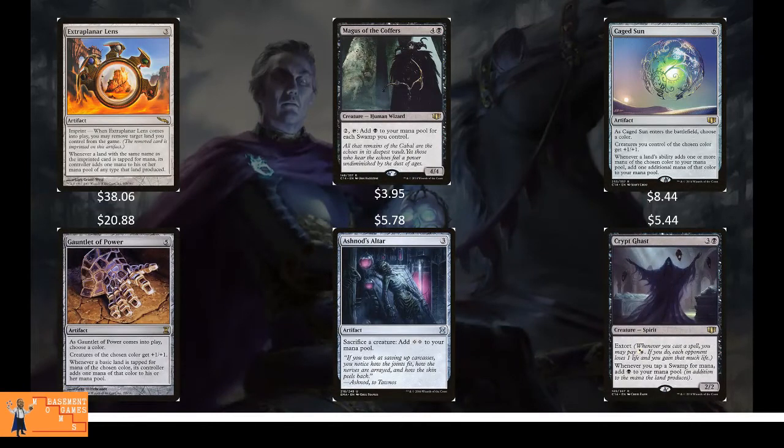But let's talk about some more ramp right now, too. So we're in Mono Black. Mono Black is not known for being able to cheat lands into play very often. So how are we going to be making sure we're getting our mana, and what are some cost-effective ways to make sure we're doing this, and some more expensive ways to maybe allow us to do this? So, definite includes for any build of this that I would suggest are Magus of the Coffers, Cryptghast, and Ashnod's